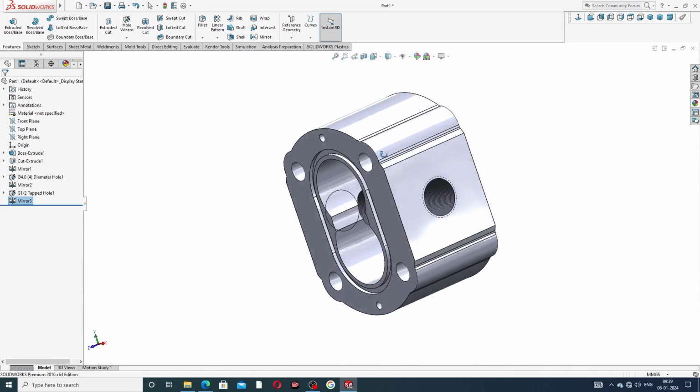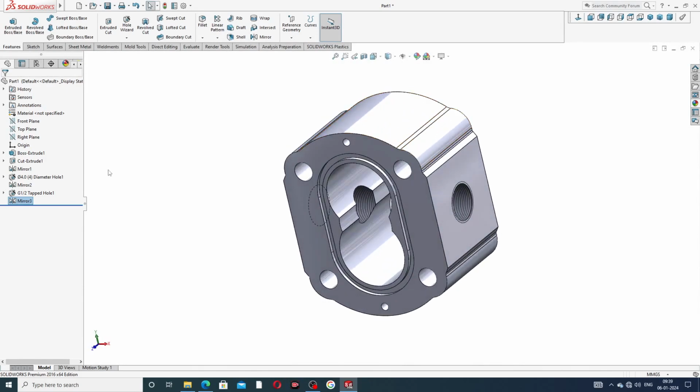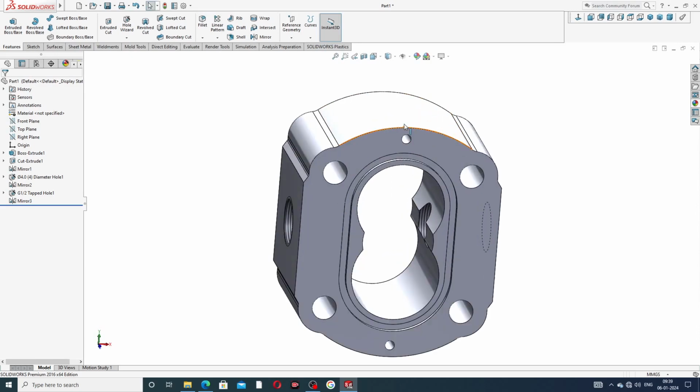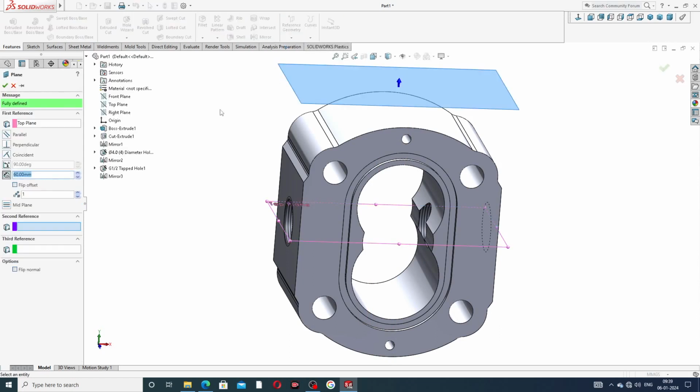Okay, some points to discuss here. This point is very important. At first, select the top plane and use a plane offset of 60 millimeter, which is perfect, and click